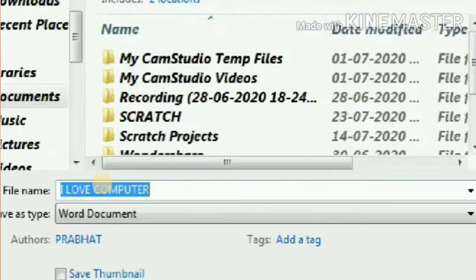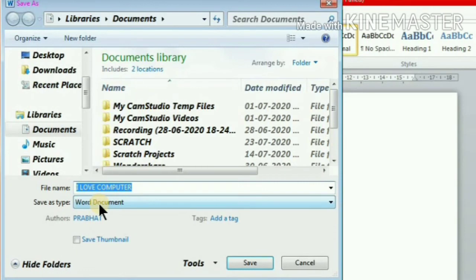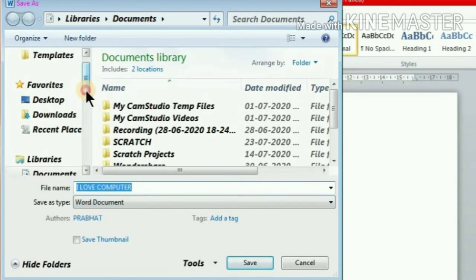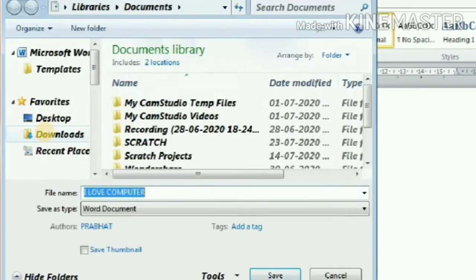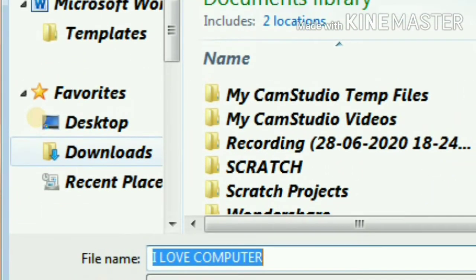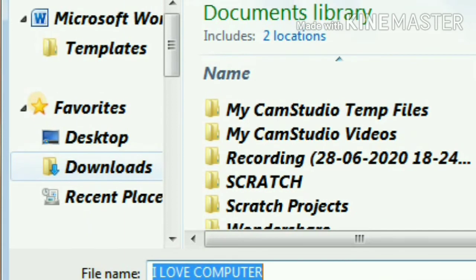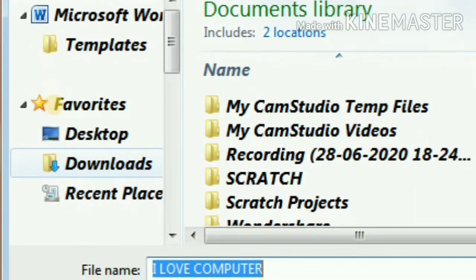Yes. Now you are going to select the location. Location means, earlier only I have explained to you. You are going to keep everything in your folder so that it is easy for you to open the file whenever required. So you are going to find out your folder.